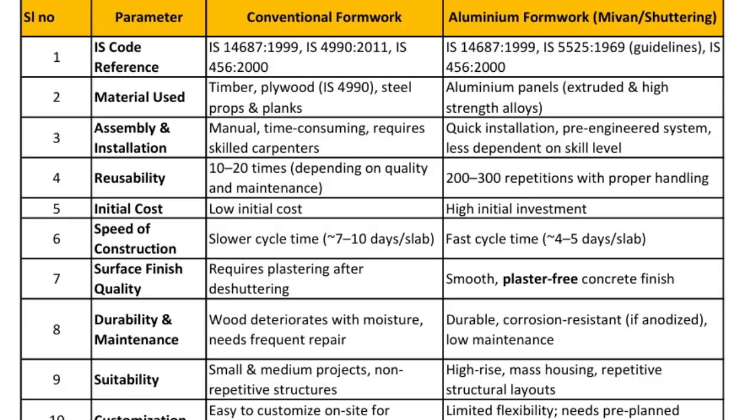And the surface finish quality, this is the number one point because everything depends on the quality. After deshuttering, we find blowholes, pinholes, bulging, misalignment, honeycombing. These are a nightmare for every quality engineer or project manager working on the site. In the conventional system, it gives more of these, and you need to do repair and recost. But with the aluminum formwork, we get the smoothest finish,